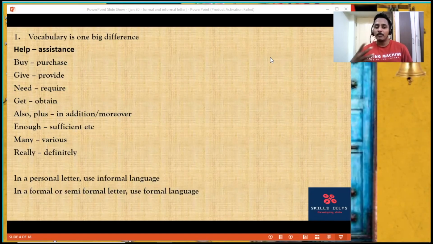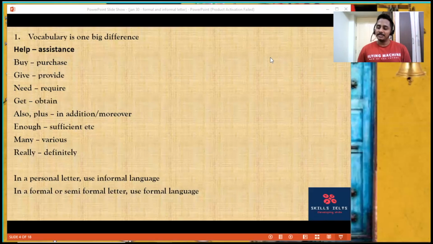So the more formal, more respectful tone is the right hand side. Left hand side is what you use with your friends. Also, plus, I want this plus that is what you talk to your friend. With your manager, you wouldn't say that. You would say, in addition, I would need this. Moreover, I would need this. This is enough. I think this should be sufficient. Sufficient becomes a formal tone. Enough will be an informal tone. There are many things like this. There are various things like this.